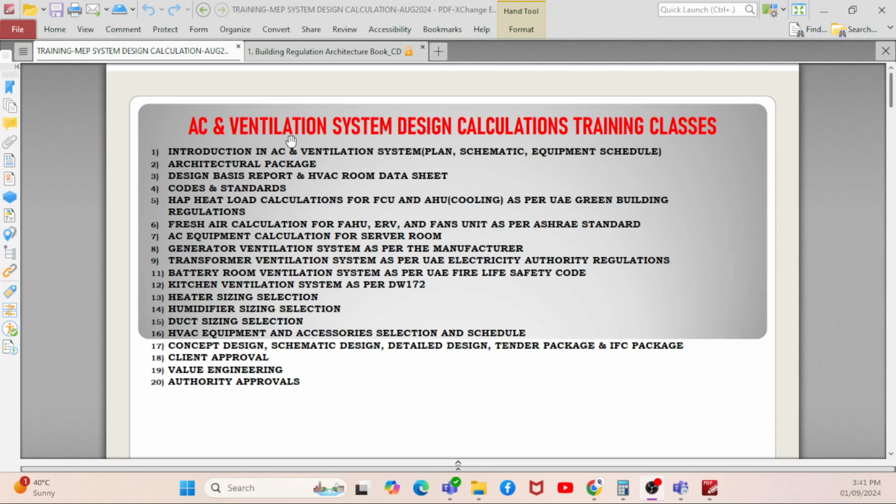This is the AC and ventilation system design calculation training class. If you talk about the syllabus, we will start with an introduction to air conditioning and ventilation. Then the architectural package, the design basis report and HVAC room data sheet, codes and standards. Then we will talk about HAP calculations, fresh air calculation, then AC equipment calculation for server room, generator ventilation system,